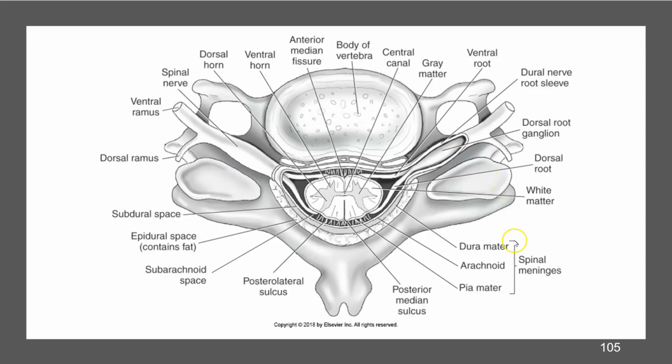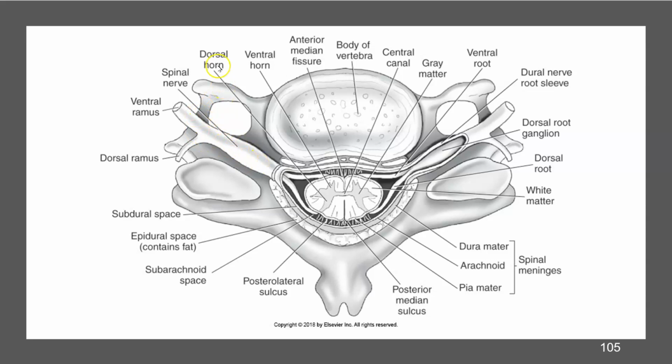All right. You have spinal meninges: you have your dura, arachnoid, and pia. So your different layers right here. What do I want you to know? You have your epidural space, which is filled with fat. You have your subarachnoid space, which is right around here. I want you to know your,